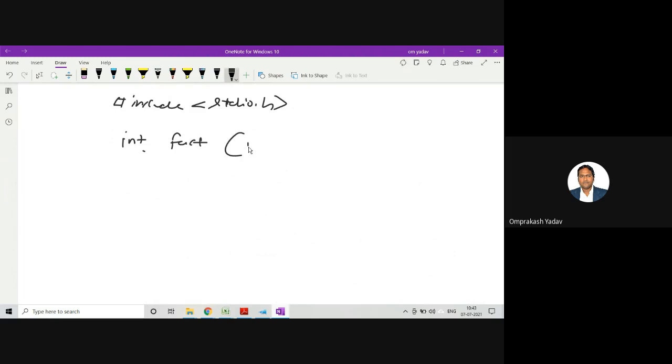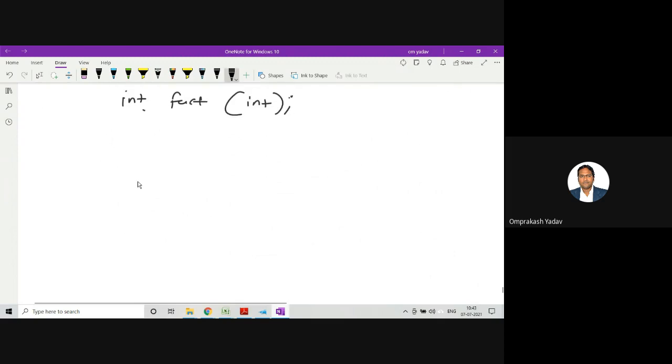I'm declaring the function prototype int fact. It will be a recursive function, and it will take one integer number, and it will return the integer number. From here I'll declare one int n.